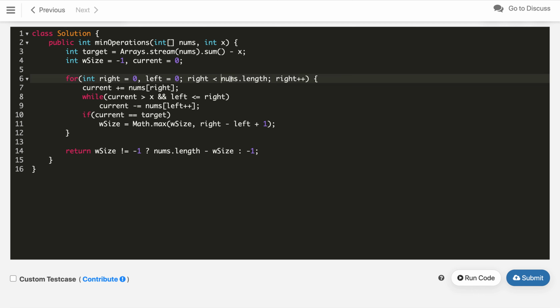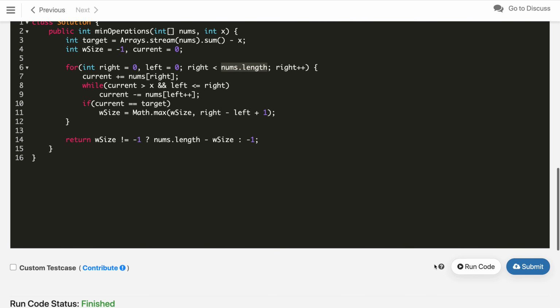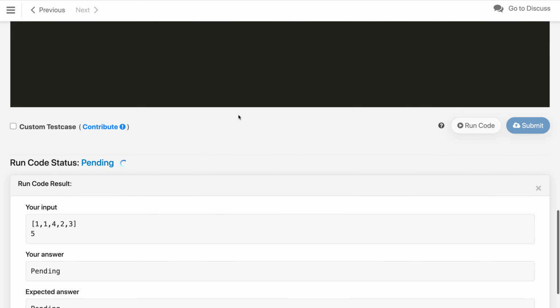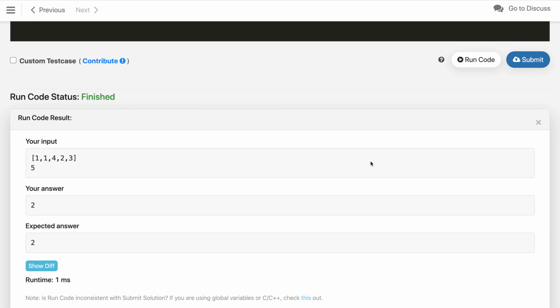This loop runs until right is less than the length of nums, and current is initialized to 0. Let us check if current is greater than x. Oh, this is wrong here, it should be target, because we are looking for a window which has total sum minus x. Let us try it, it is working now.